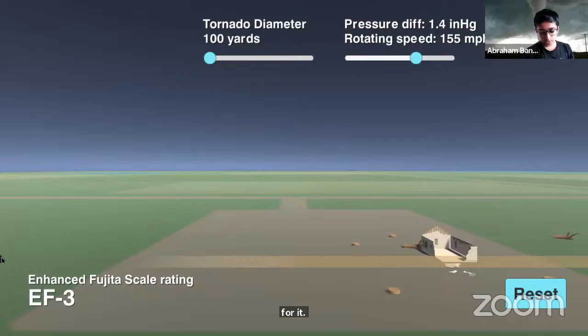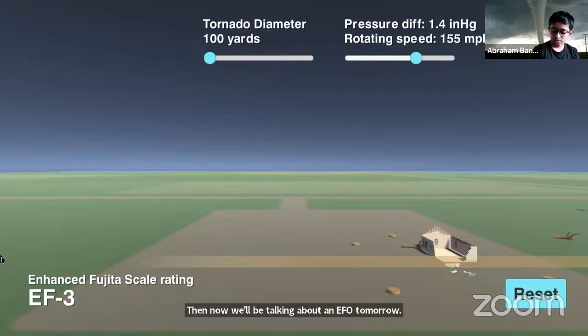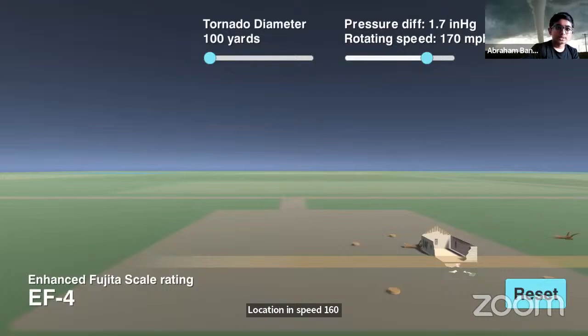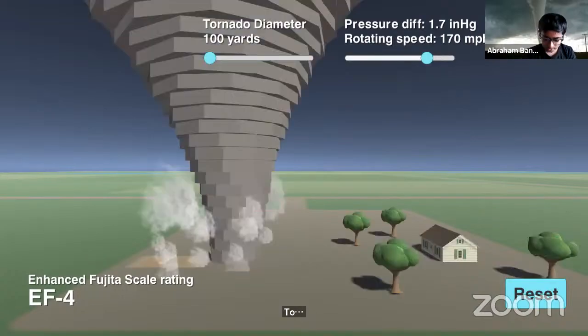Now I'm going to be talking about an EF4 tornado. This case study is of Greensburg, Kansas. The date is May 4, 2007. Location Greensburg, Kansas. Wind speed 166 to 200 miles per hour.